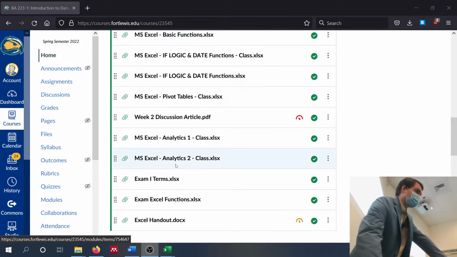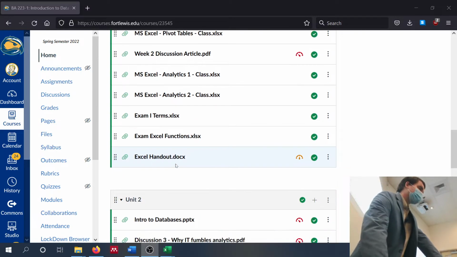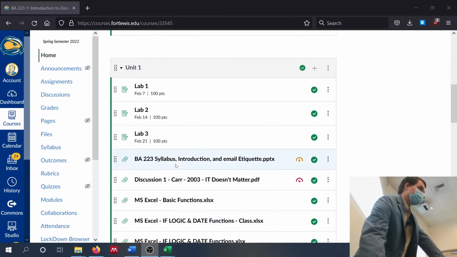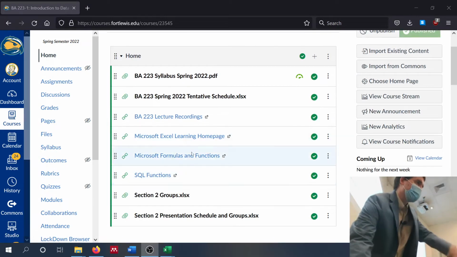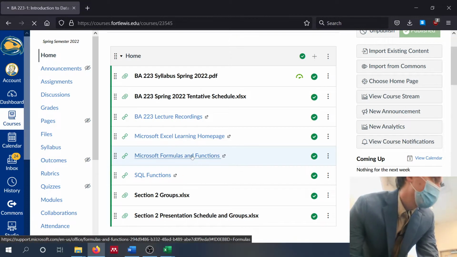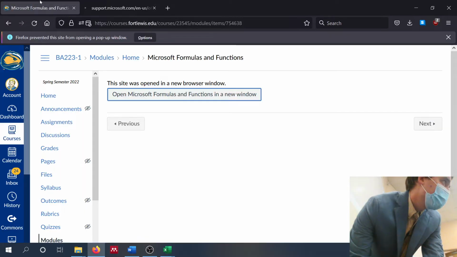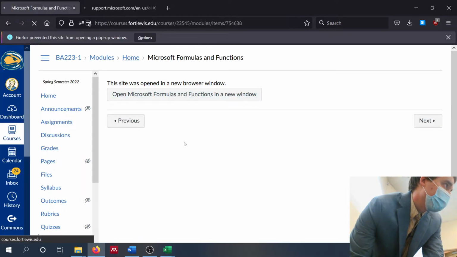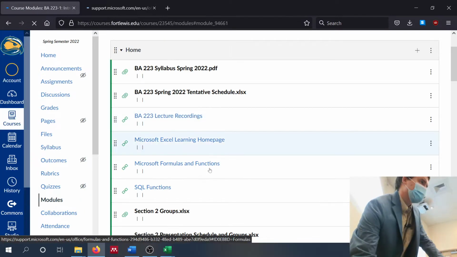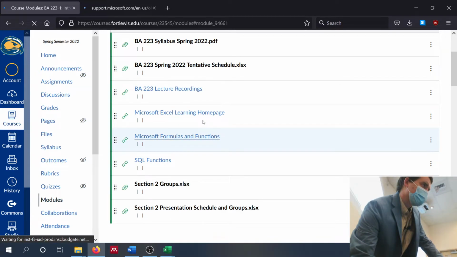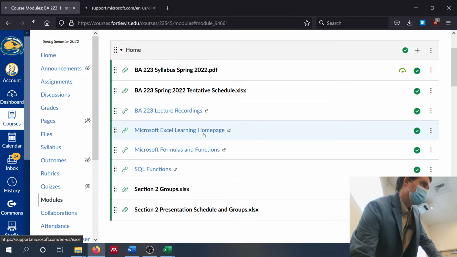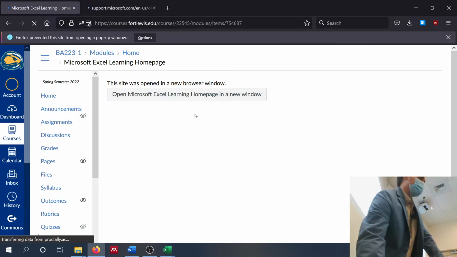All the other stuff is stuff we'll be using in future classes. Another thing I want to make note of, I have the formulas and functions, as well as the Excel Learning homepage here. They're both available right here on the home. We'll go ahead and launch both of these as well.